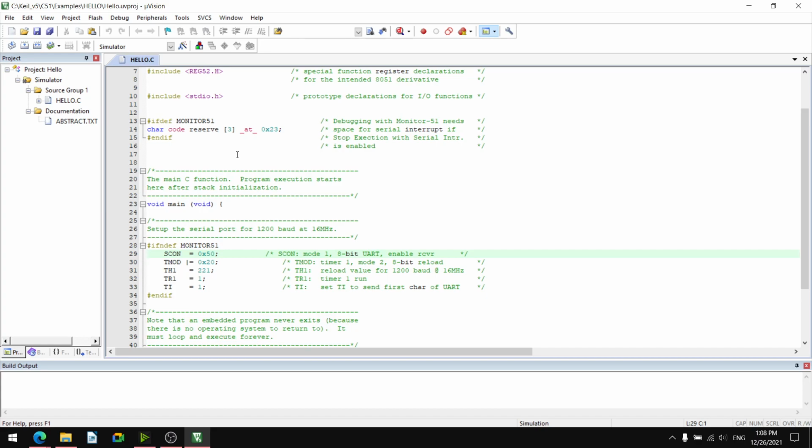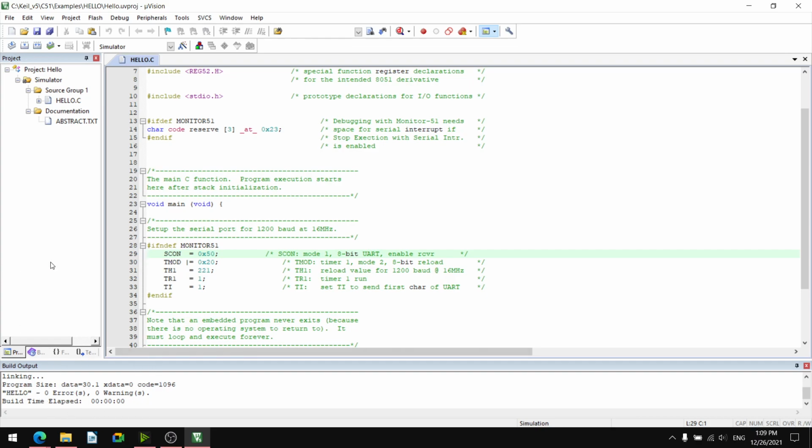Okay, so this program is there. What are the steps? The program is ready. The program is saved. So this is the build button, build F7. I will click it. So there is no error, zero warning. You can check here in the warning window. Okay, so no error.